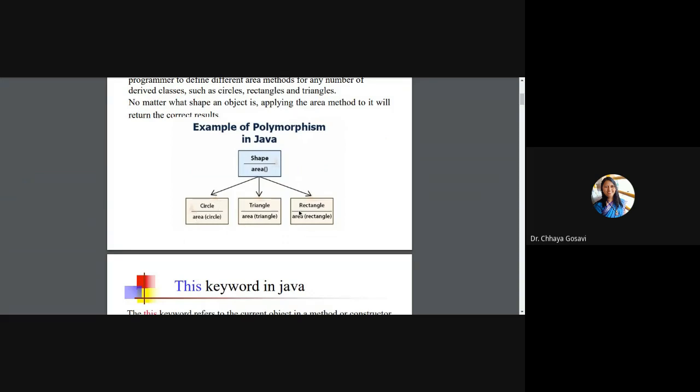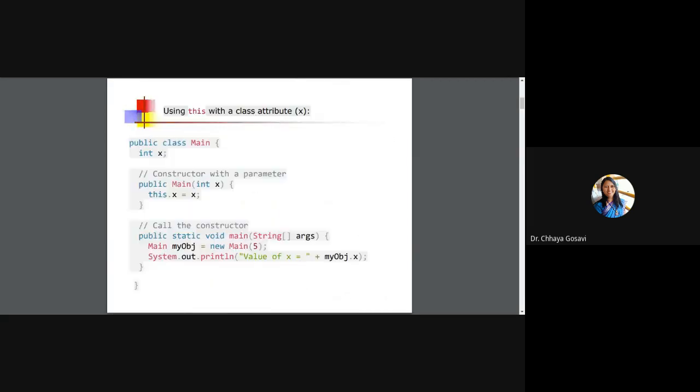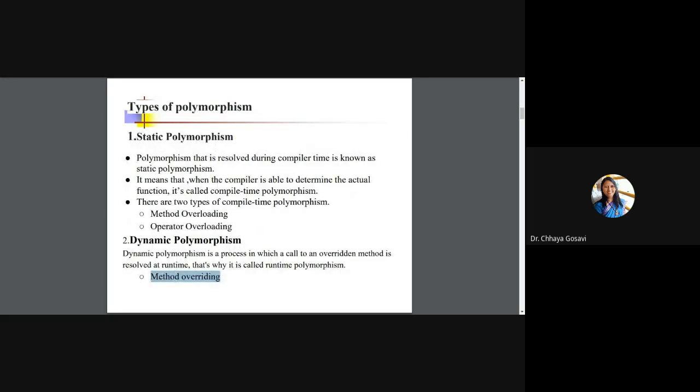So at runtime, the object gets assigned, and depending upon that particular object, as you know, objects are created at runtime using the new keyword. So at runtime, you'll understand whether you have to call the method of the circle class, triangle class, or rectangle class. So function overriding is an example of runtime polymorphism.